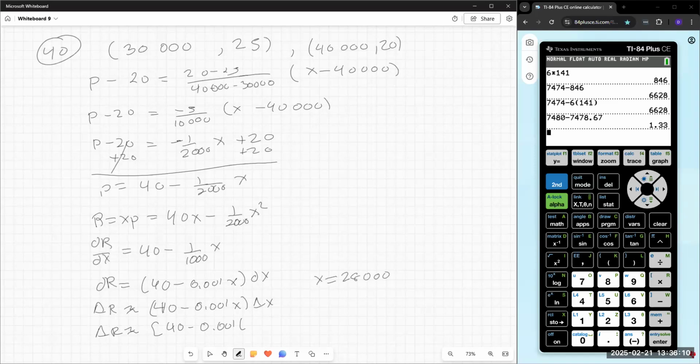My delta X that was given to me was 1, so 28,000 times 1 is going to be 40 minus 28 times 1 is going to be